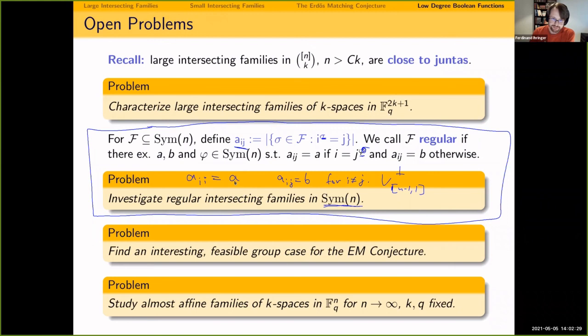And so this is the largest. Instead of just having one number here, like for regular intersecting, you now have two numbers. And if you're not careful with that, then you still include the largest example. If you just want to have only two constants here, then you can still take everything that maps i to i, let's say, and then you also have only two numbers. So what is important here is that everything on the diagonal is one number, and everything off the diagonal is one number, essentially.